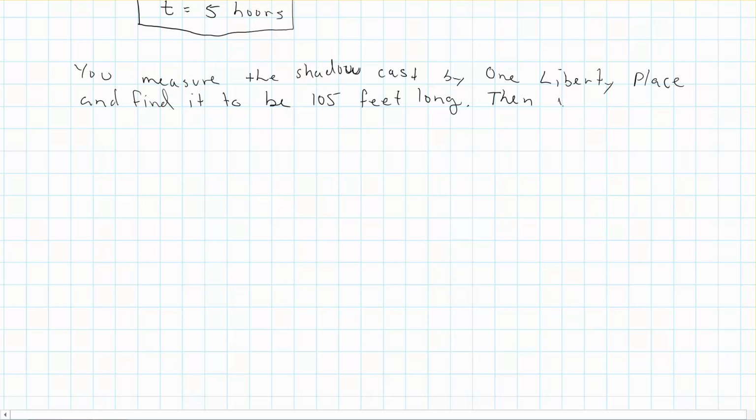Then you measure the shadow of a 2-meter